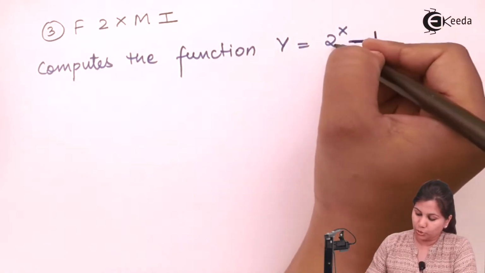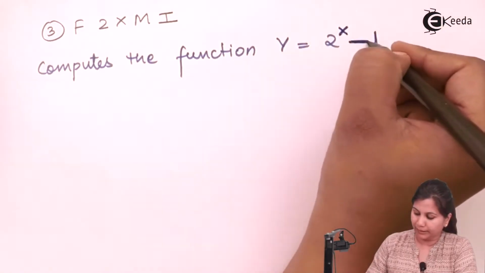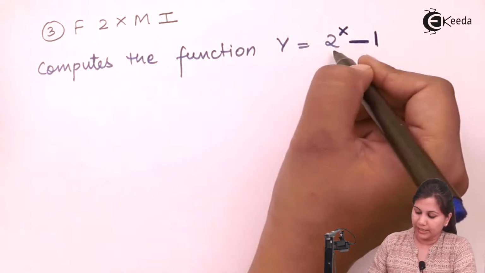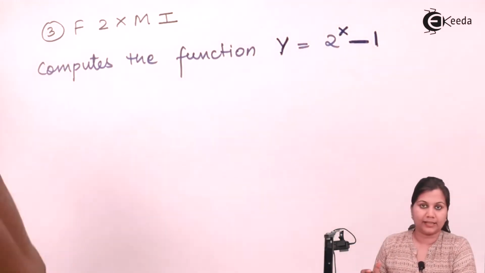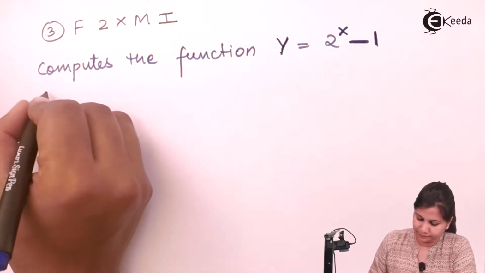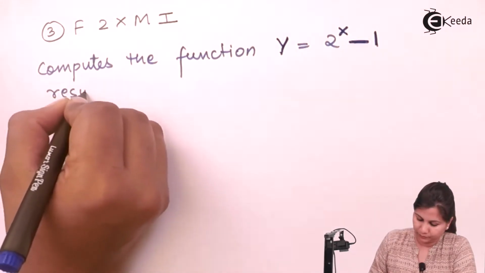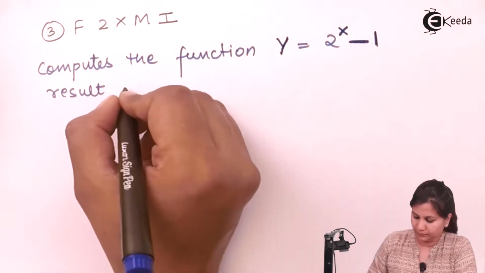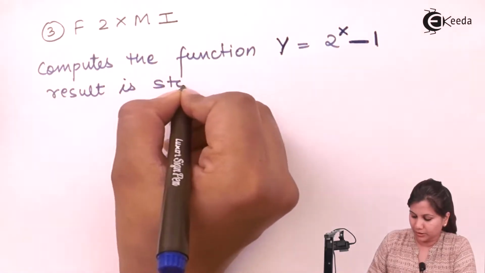Okay, means 2 exponential x minus 1 is calculated, that is, the y value is calculated, and the result is stored in